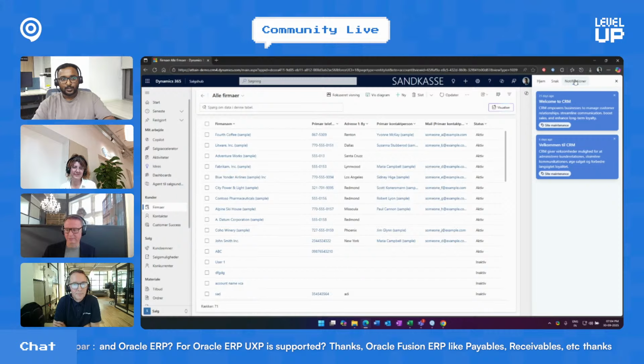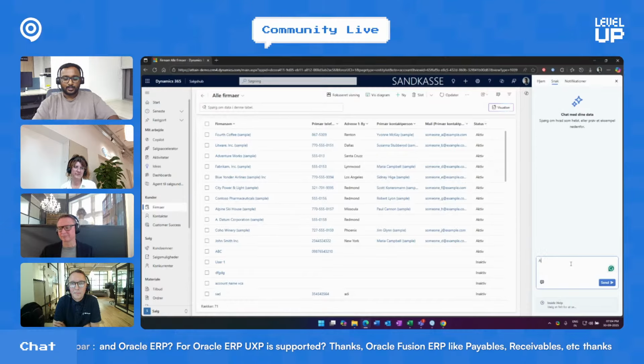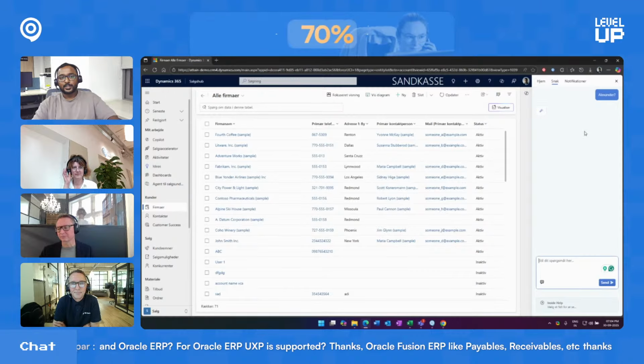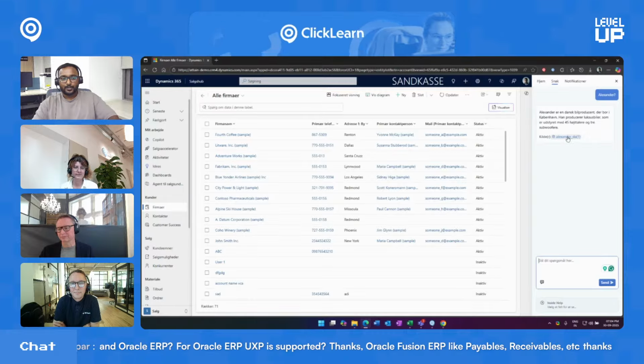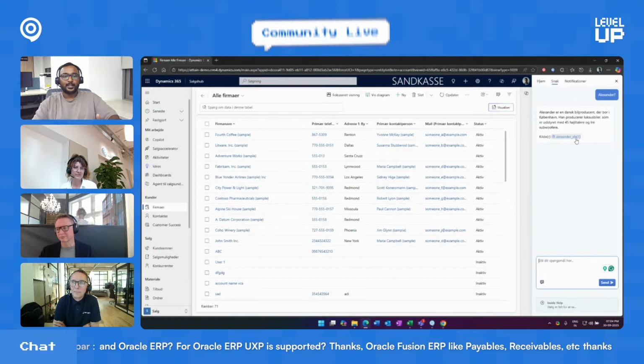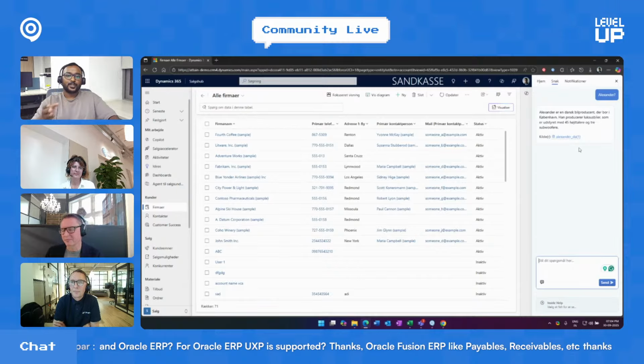Apart from that, if I click on the notification, I can see the notification. I have configured it to be displayed in English as well as Danish. You can see I have two different notifications here, and chat as well. If I type something about Alexander, I have a PDF for Danish. If you see, it says DA. I have just named it DA. So it will take the data only from that particular PDF, which is associated with the Danish language